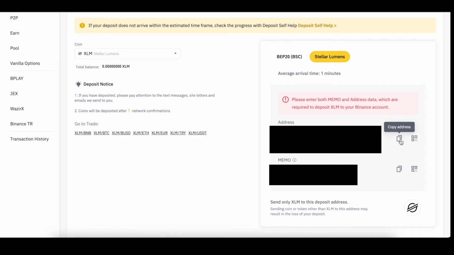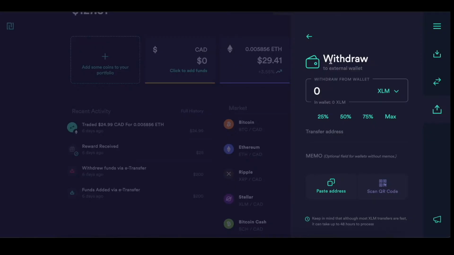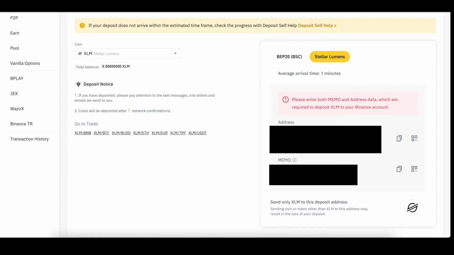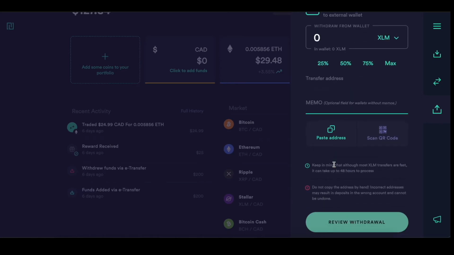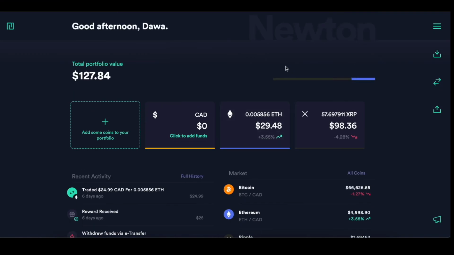just want to copy this, copy here, and then here, paste it here, and then go back to Binance, copy the memo, and then paste the memo here. So once you've done that, make sure it's max, and then review withdrawal, and then send it. So we're out of Newton here. We're going to focus on